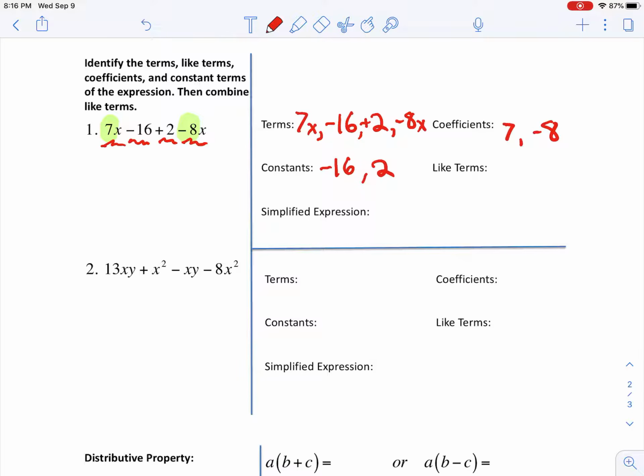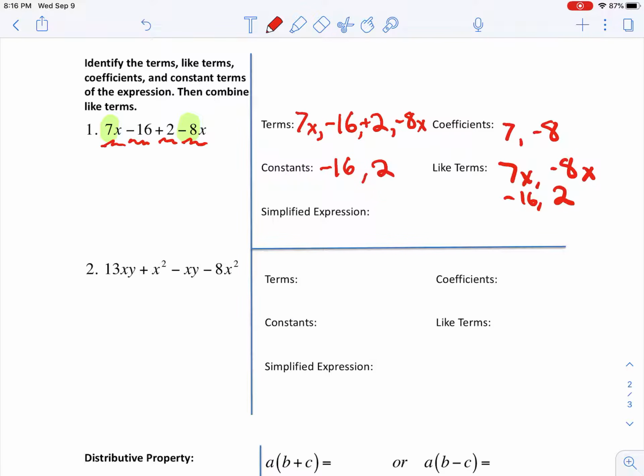Then we look for like terms. Remember, like terms have the same variable and the same exponent when we get to that. So if we look for like terms, we can see that the 7x matches with the -8x, and the -16 matches with the 2. We want to make sure that we look for like terms so that when we simplify or combine them, we actually just